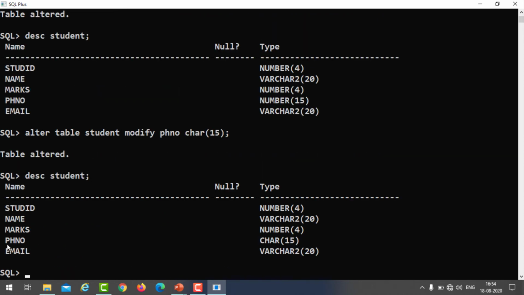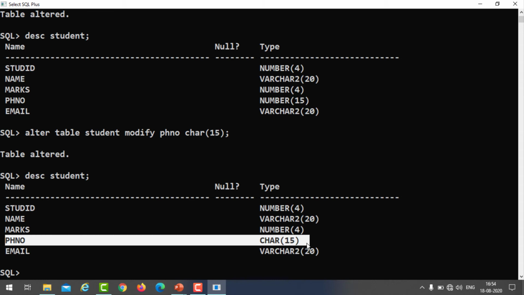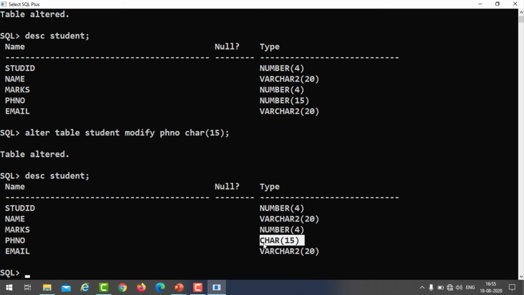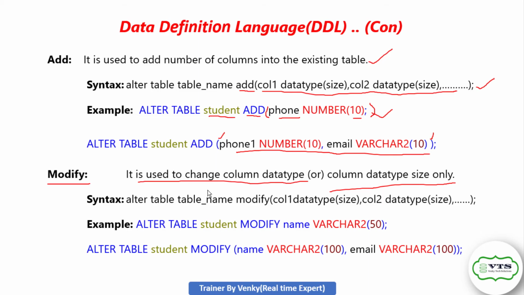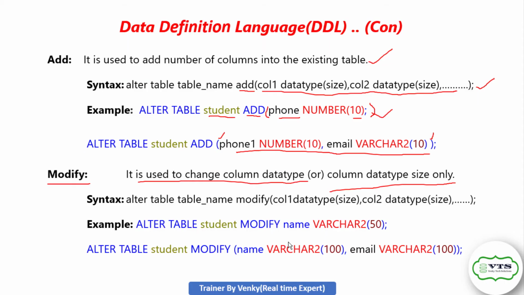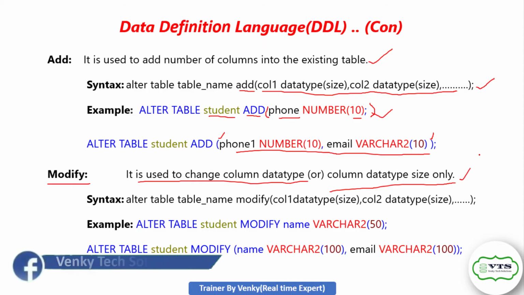You can see here phone number, character 15, where earlier it was number data type 15, here character data type 15. So here what we have to decide: if we want to change the data type or data type size of an existing table column, you must use the alter command with the modify command. This is the modify.